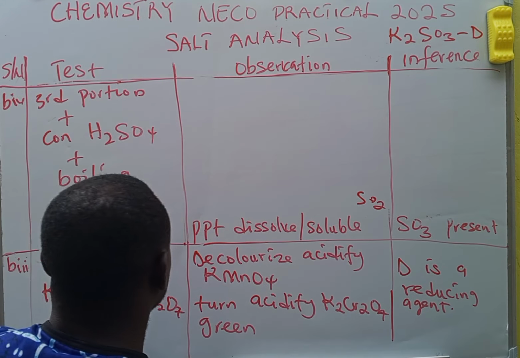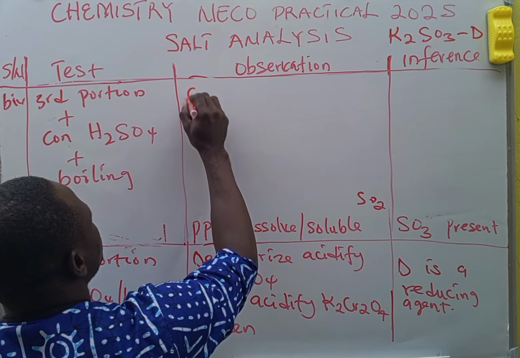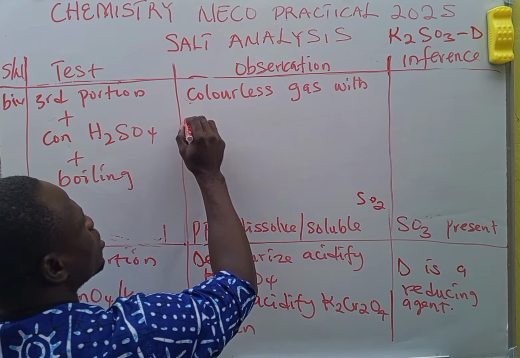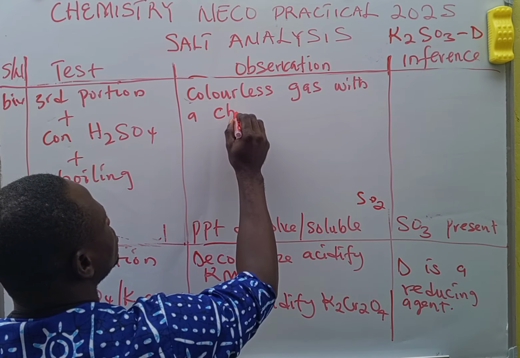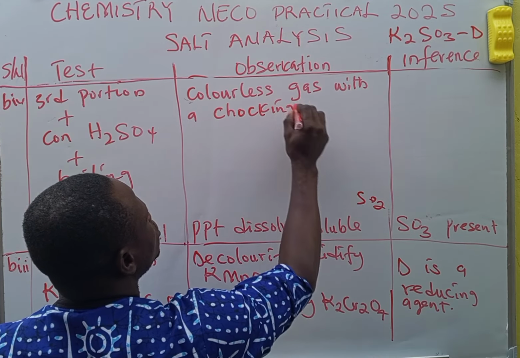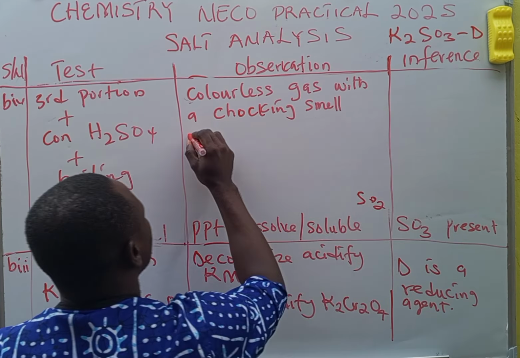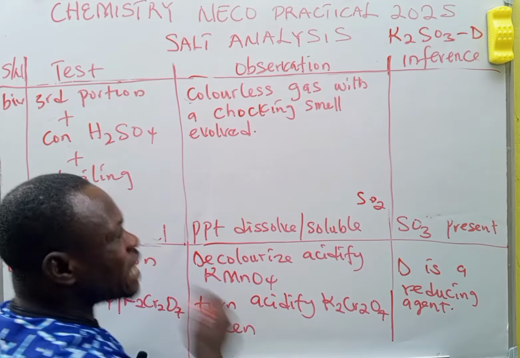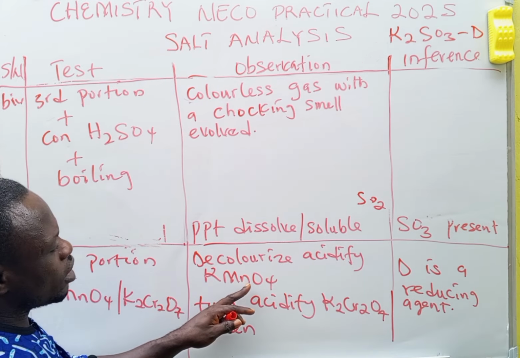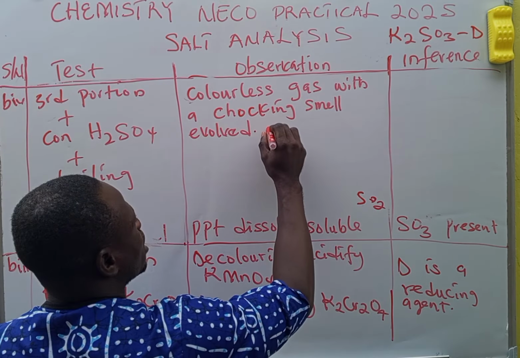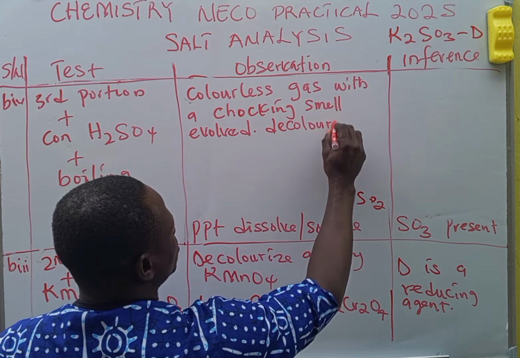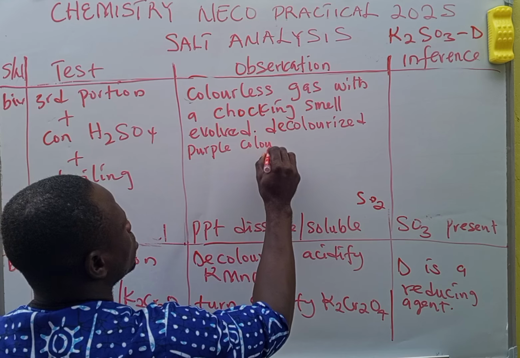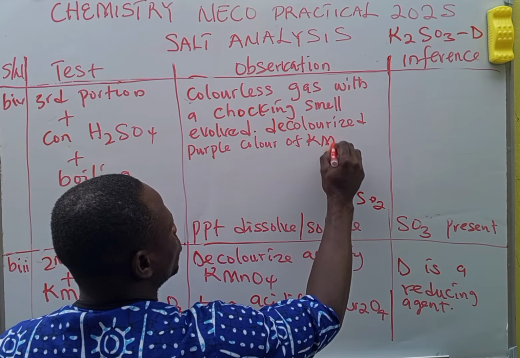Or you boil it. Now what you are going to observe is a colorless gas with a choking smell evolved. Do you get that? When you pass this gas into acidified potassium permanganate, you say it decolorizes the purple color of potassium permanganate,